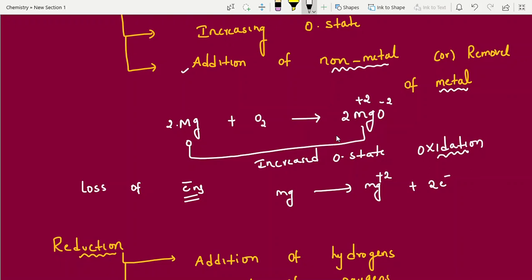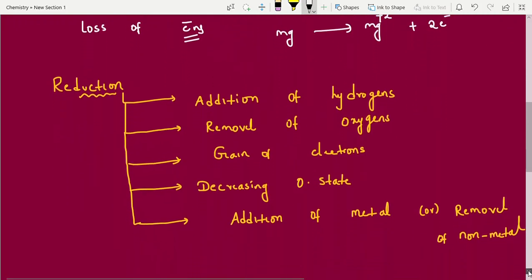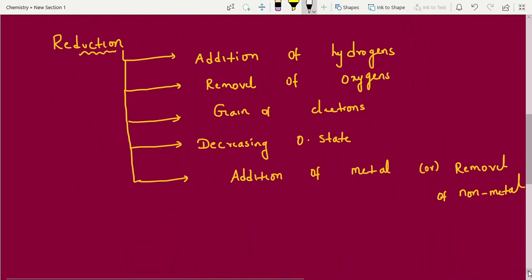Okay. If you have command of the basic points, then only you can understand the remaining points, and especially in organic chemistry, it's very easy. There we always use oxidizing agent, reducing agent like that. Even in second year electrochemistry, the biggest chapter, we use these words, right? So now, next one, the opposite: reduction.